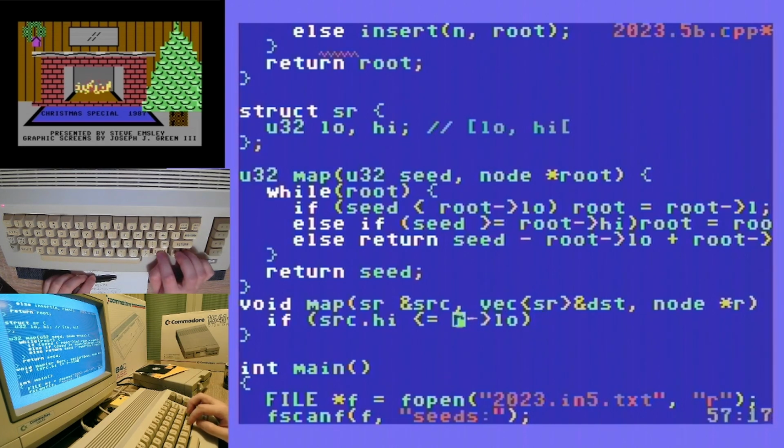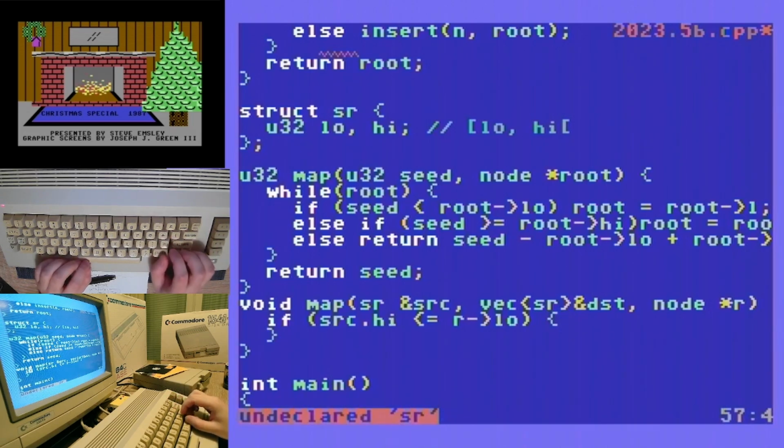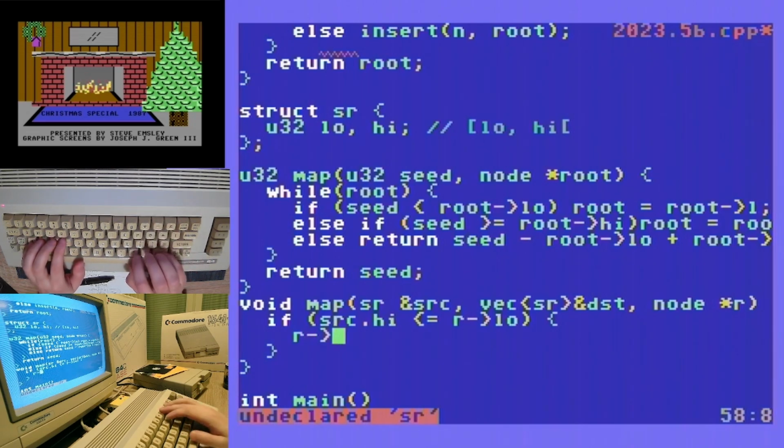So all of these seeds are on the left. So this means that I would be pushing these